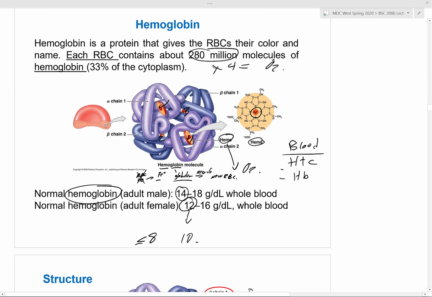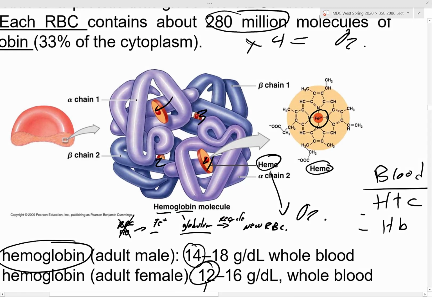So heme is what? Iron. Globin is what? Protein. Here you can see that you have 4 heme groups, right? I just colored them there for you. So heme 1, 2, 3, and 4, that means that for each molecule of hemoglobin, there are 4 heme groups, right? That means you can combine 4 molecules of oxygen or CO2. Everybody got that? That's what we said at the beginning, okay?